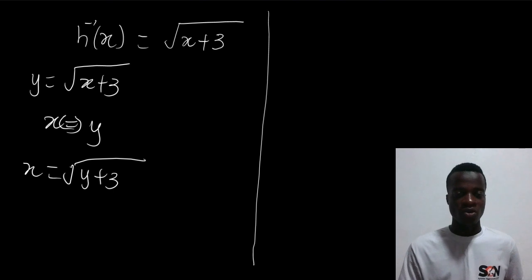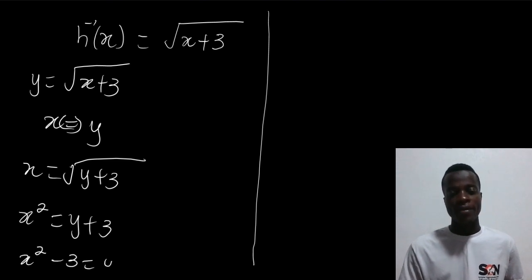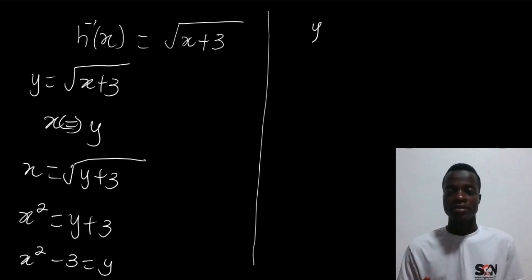So I'll square both sides because of the square root. Squaring both sides, x squared is equal to y plus 3. I'll send the plus 3 to the other side: x squared minus 3 is equal to y. Then I will rewrite it like this: y is equal to x squared minus 3, just to make sure that what I'm looking for is on the